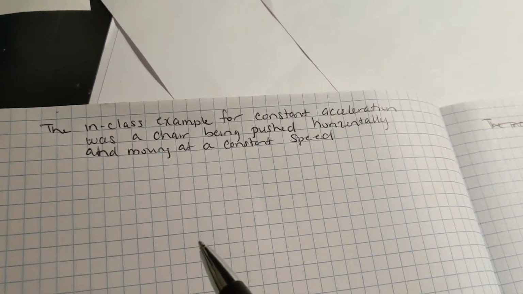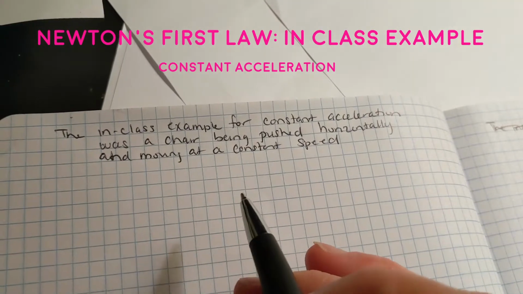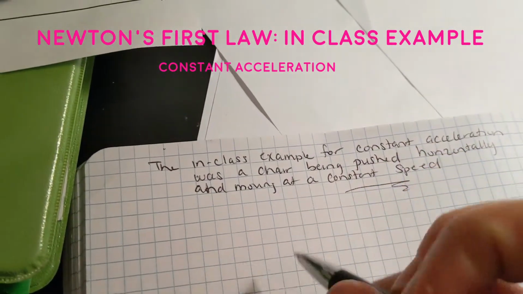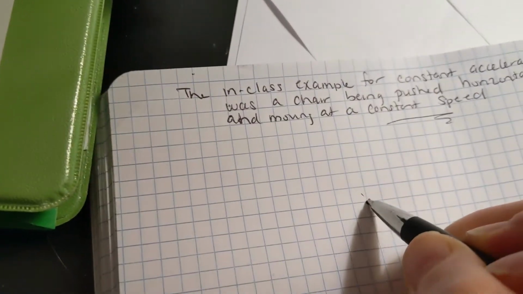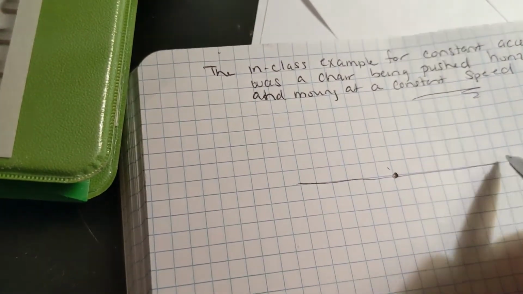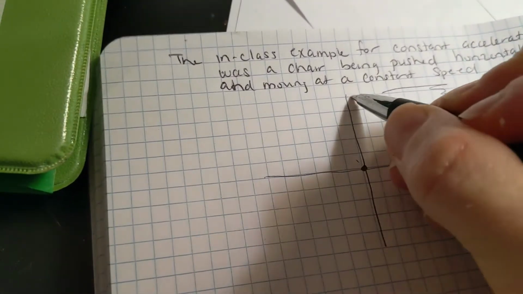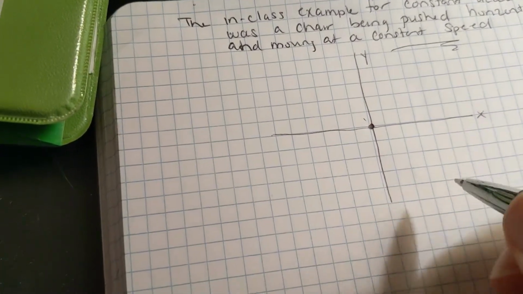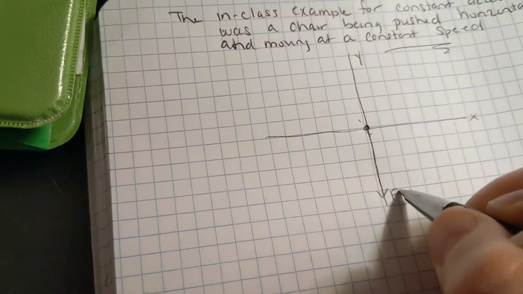So the in-class example for constant velocity was a chair being pushed horizontally and moving at a constant speed. So we have the chair as a particle, and again we have the x-axis and the y-axis. Let's take a look at how the first law translates to the gym. And we have the force vectors of Fg